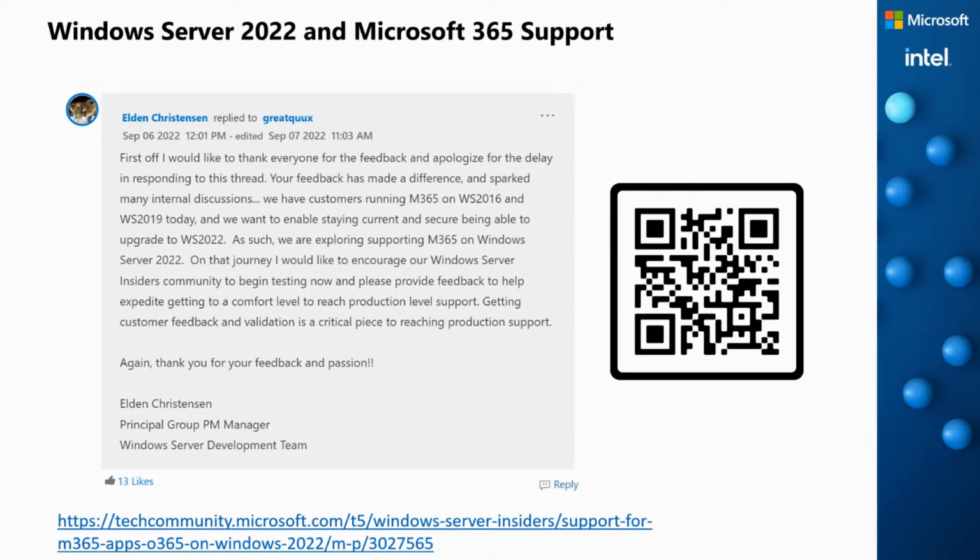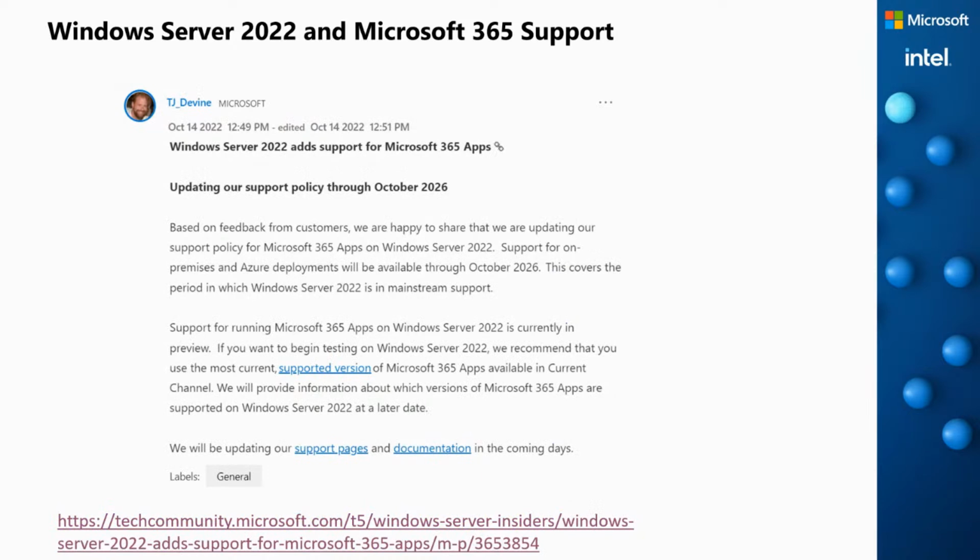Then on Friday, the 14th October, we had a new post from Microsoft that said, okay, we will add the support for Microsoft 365 apps to Windows Server 2022. But not today. And this is important to understand.